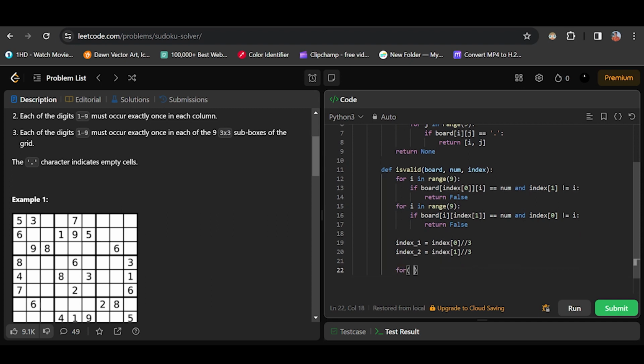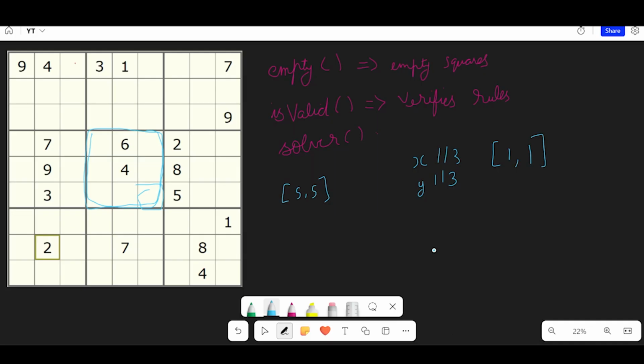for I in range, index 1 will start from that point, or no, we'll start from index 1 into 3 to index 1 into 3 plus 3. I'll be explaining why we are doing this. If we go back, our index is 1. So we are starting from 1 into 3, which is 3, and we are going up till 1 into 3 plus 3, which is going to be 6. Of course, it won't go up till 6, it'll go only up till 5